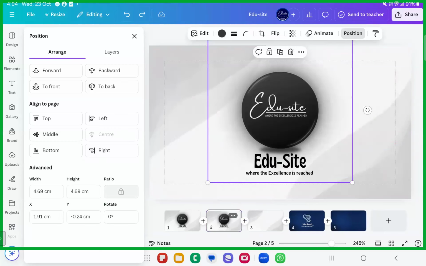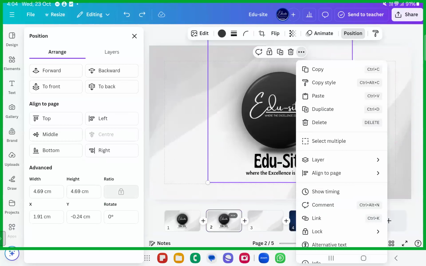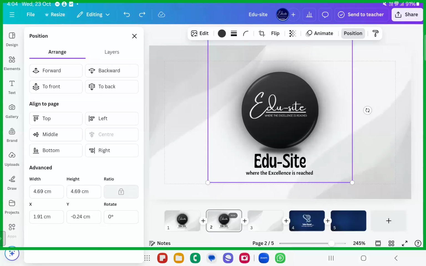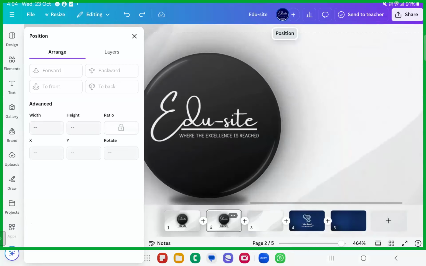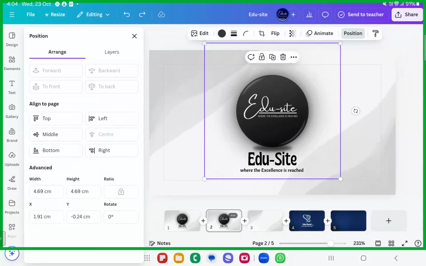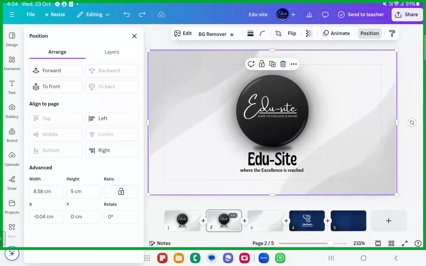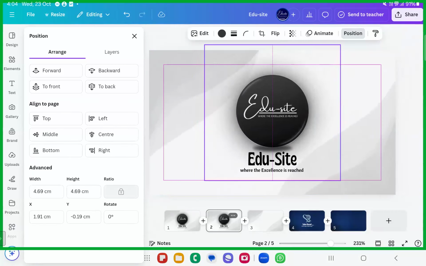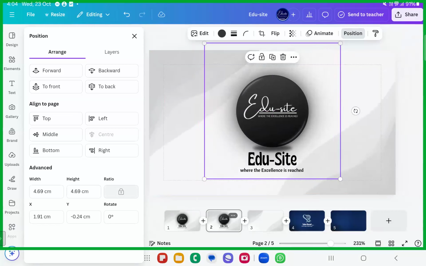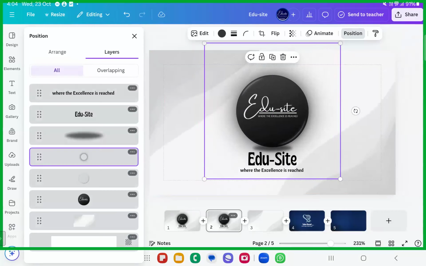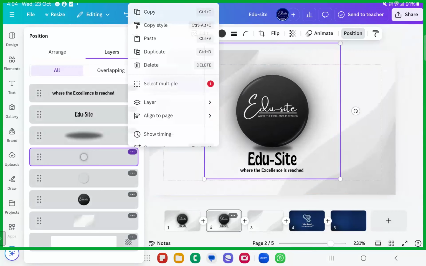You can just click on each of the items, right? You just have to click on each item and then you're just going to group it up. Fine. So select multiple. Click on the select multiple. Whatever the things are here, you can just select them before selecting all of this. I think we can make sure with the layers itself. So with the layers, select multiple.